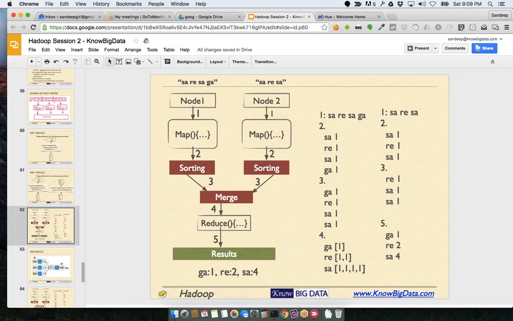Node 1's map function gets executed. It gives sorted data, gives the key value, and sorting happens on every machine. Okay, again, the big doubt: on what basis and how will it sort? The sorting happens on every node. Okay, sorting happens on every node, and then once the sorting has been done, the merging happens on a single